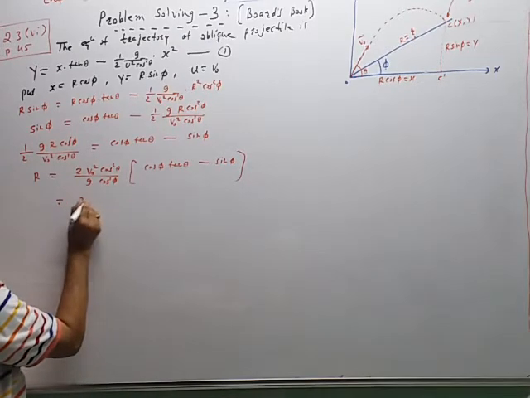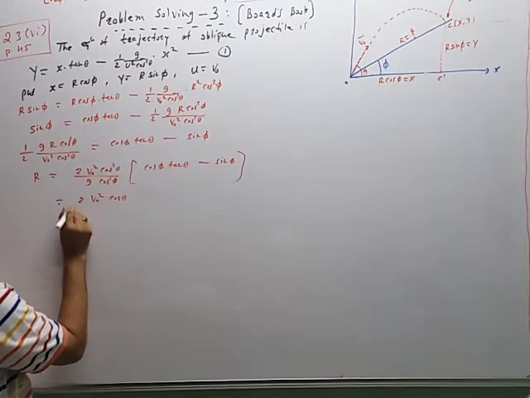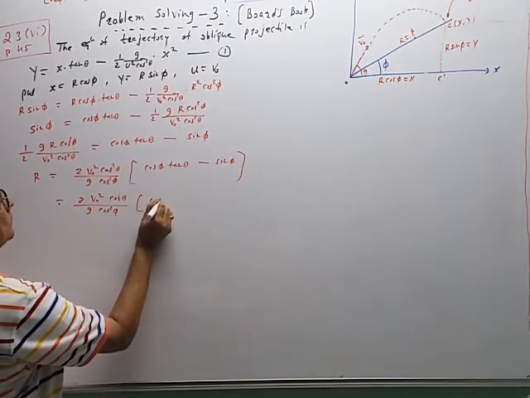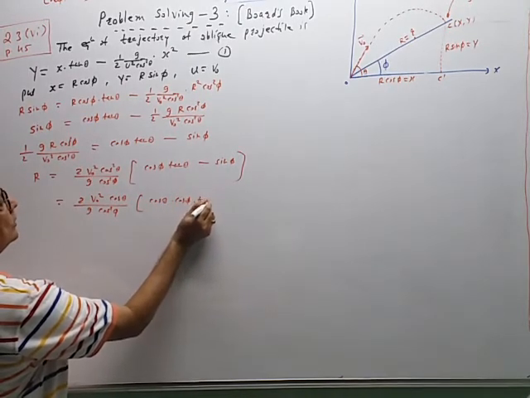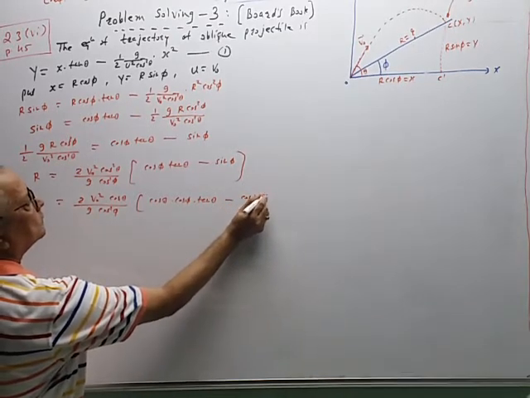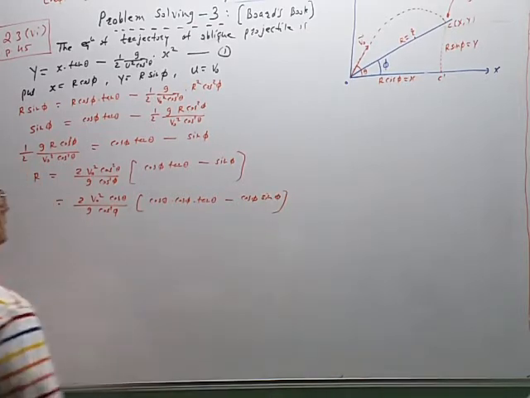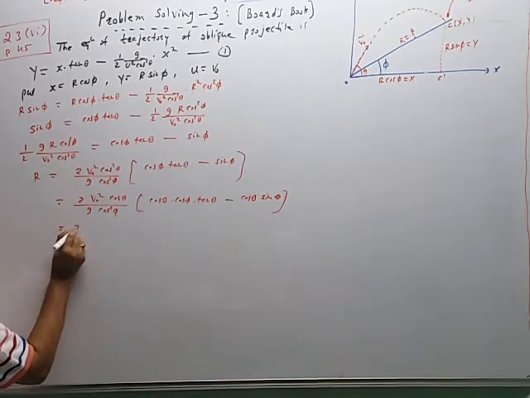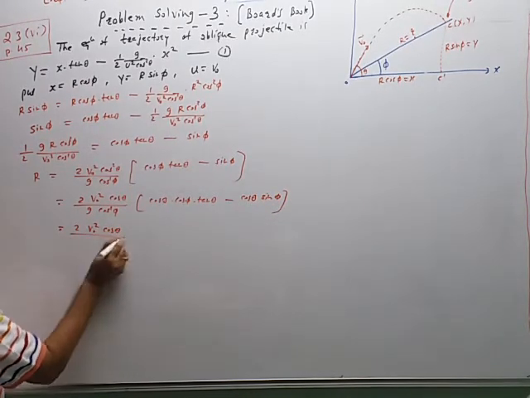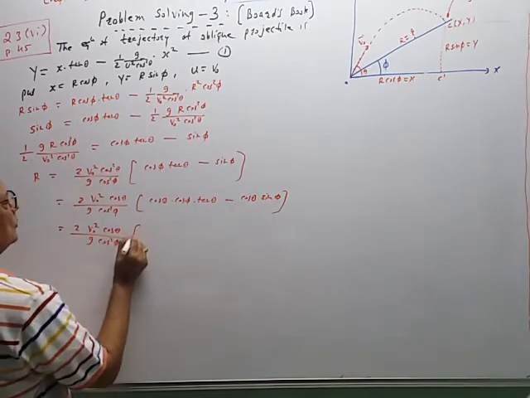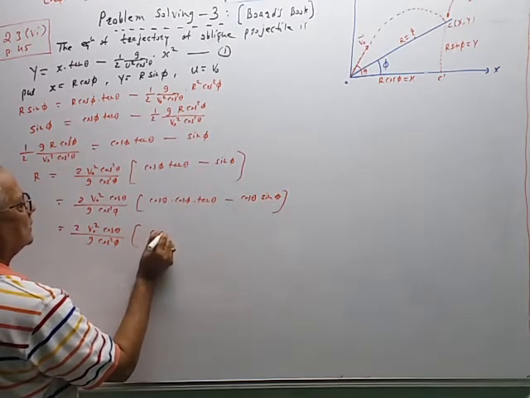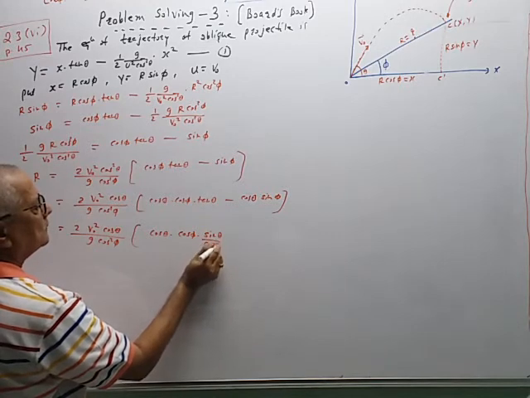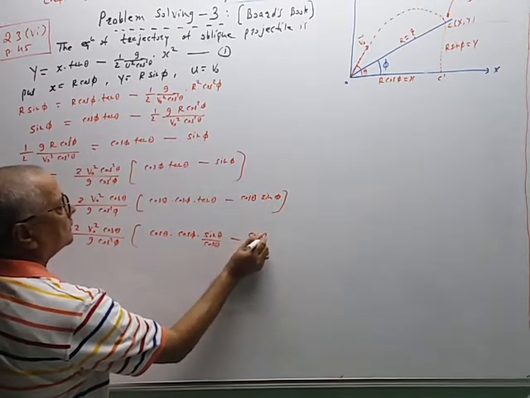So the trigonometric simplification is like this. 2 v0 square cos theta upon g cos square phi, and one cos theta we can take inside the bracket. So cos theta into cos phi into tan theta minus cos theta sin phi. Sorry, cos theta: we have taken one cos theta inside. So the simplification is like this: 2 v0 square cos theta upon g cos square phi into the bracket, this cos theta as it is, cos phi as it is, and this tan theta is written as sin theta upon cos theta, minus cos theta sin phi.